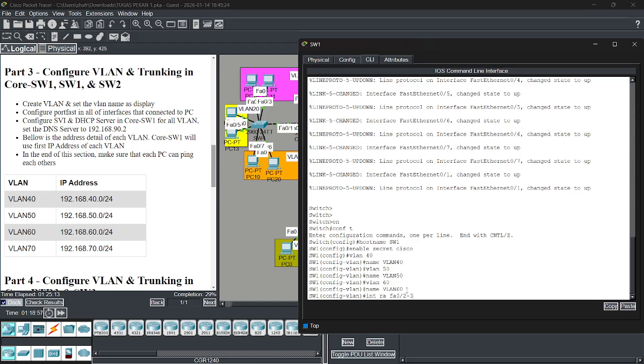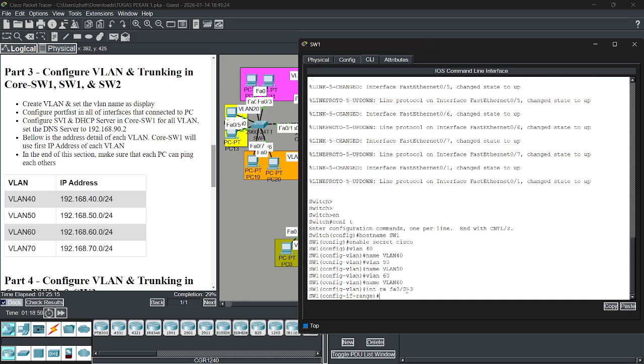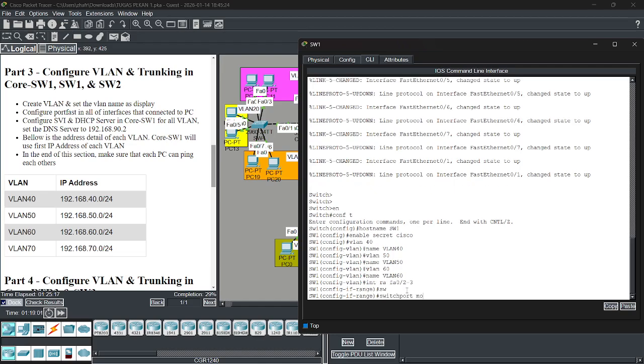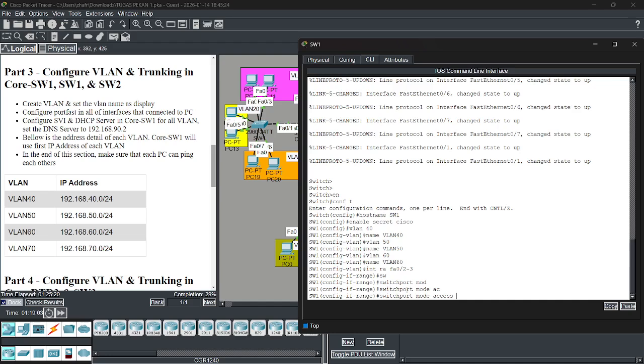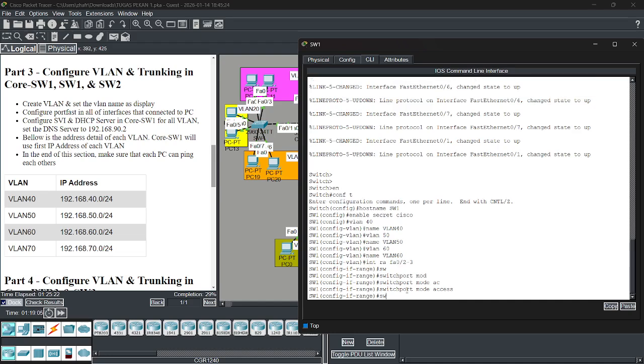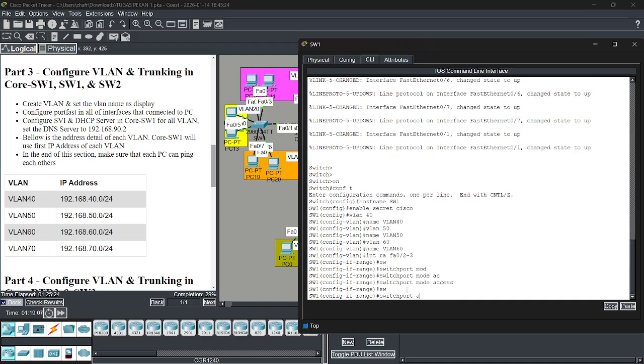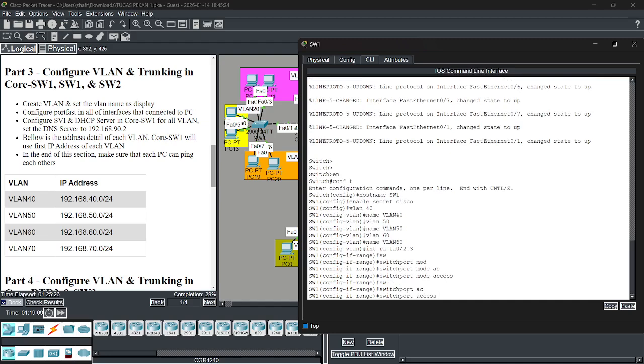0/2 is switchport mode access, switchport access VLAN 40.